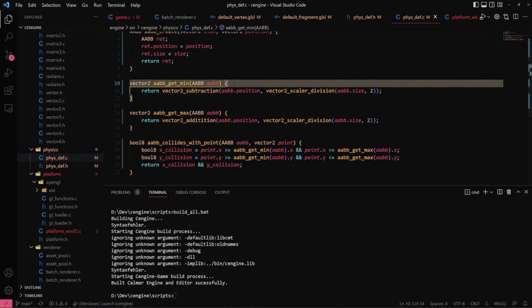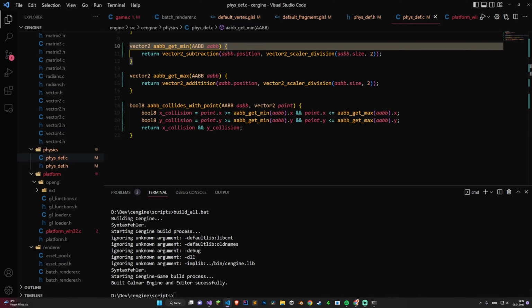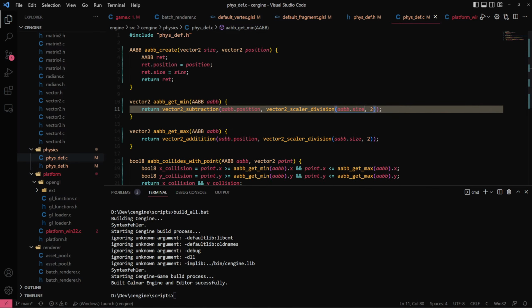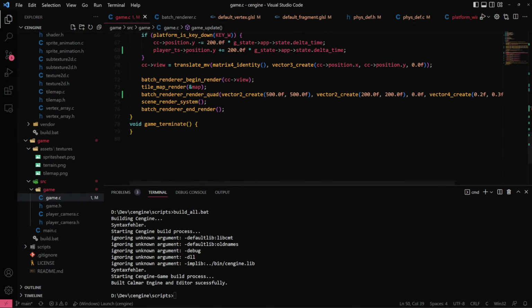So size, and if we divide the size by 2 we get 100, and vector addition and subtraction. Okay, so this is weird. Maybe if we have that at